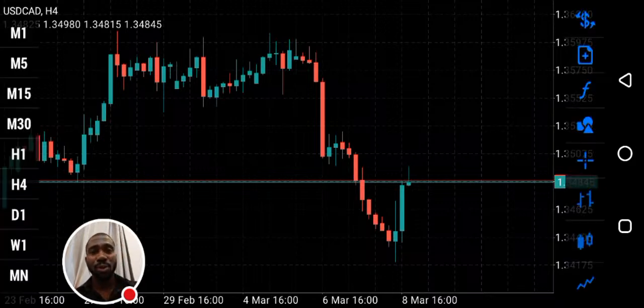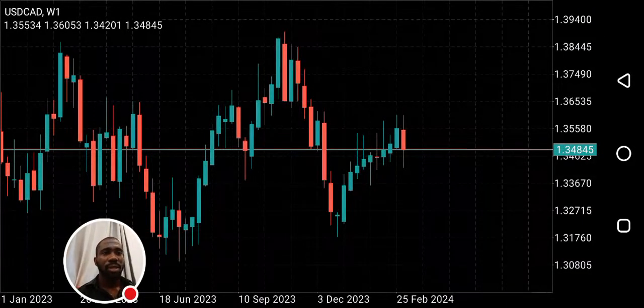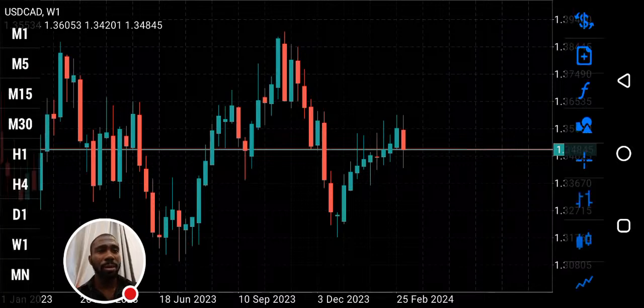So let's start with the weekly. From the weekly, we can tell long term on USD CAD is bearish, right? Bearish, reason being that price tested